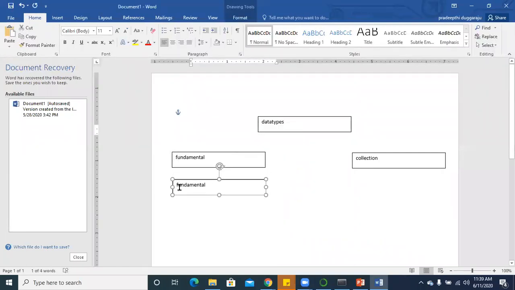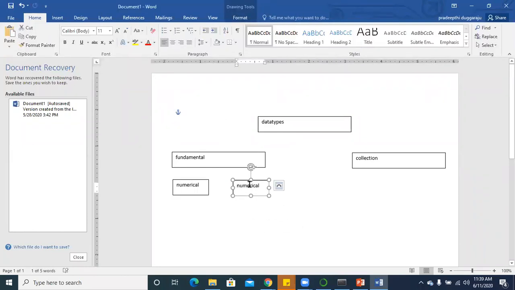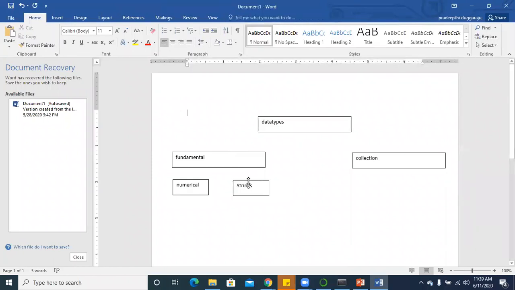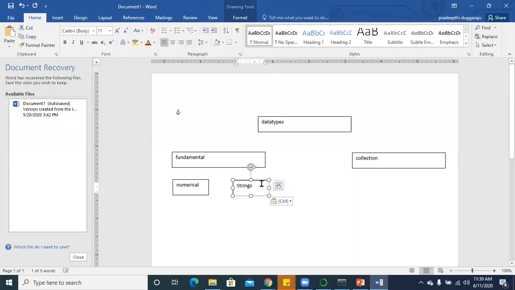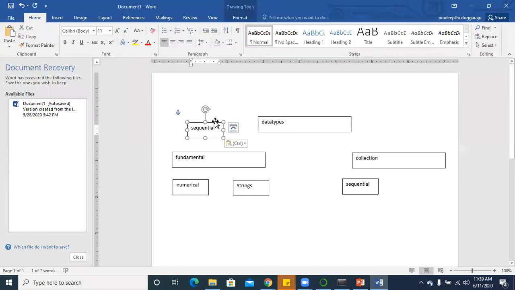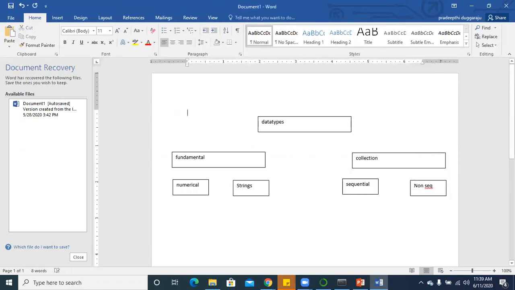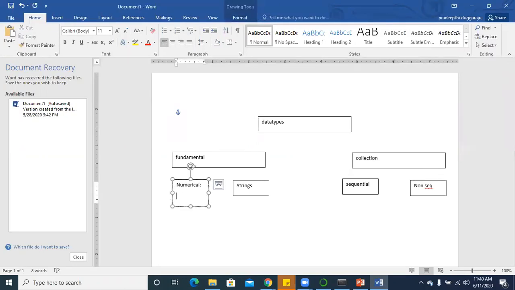you have numerical and strings. In collection, you have sequential and non-sequential. In the numerical, you have int,